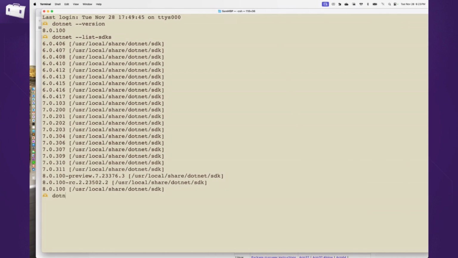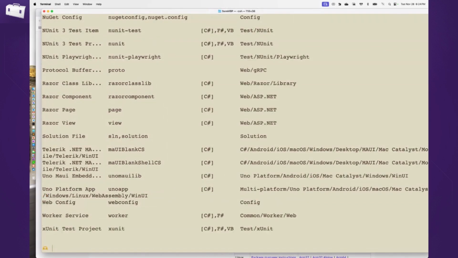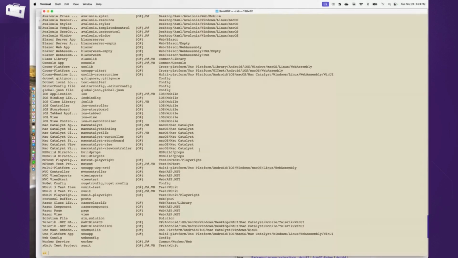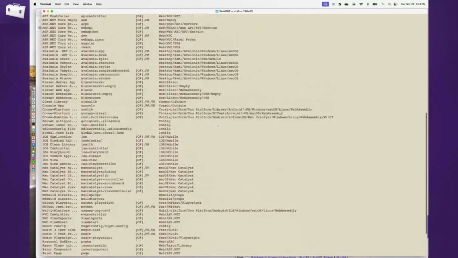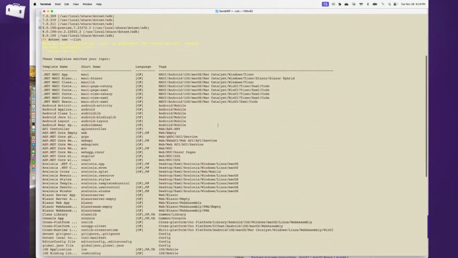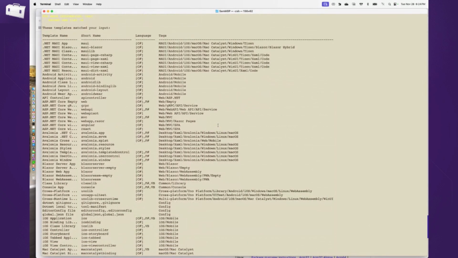If I do a dotnet new, it shows me a list of all the things I can do with .NET. The formatting looks a little off because the fonts are so much bigger. But if I bring things down a notch, you see the huge number of templates that we have. These are the same templates that you get with .NET if you do a File, New Project in Visual Studio, or if you have a Visual Studio extension and you just want to open up a .NET solution or start a new .NET.